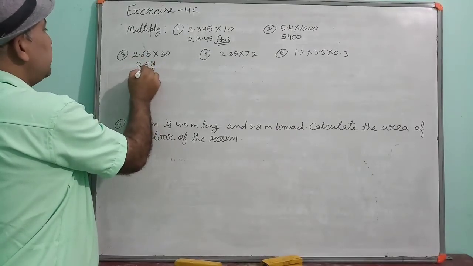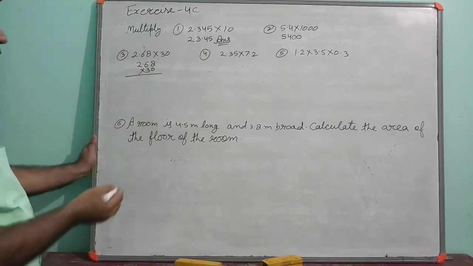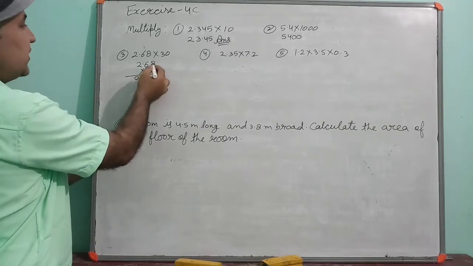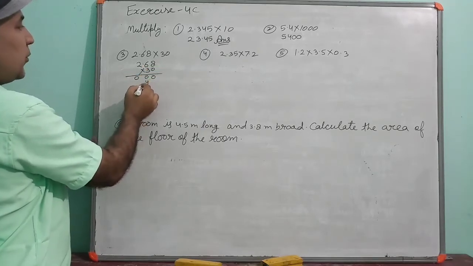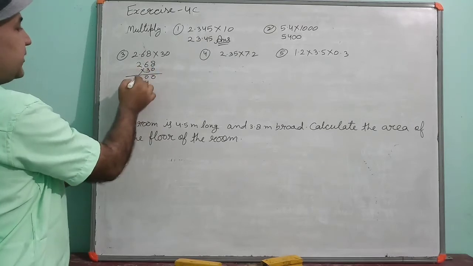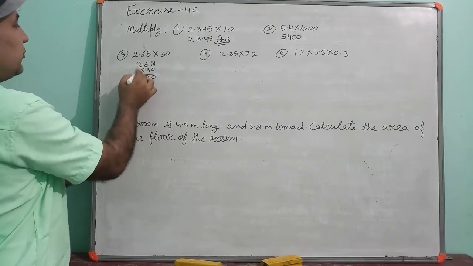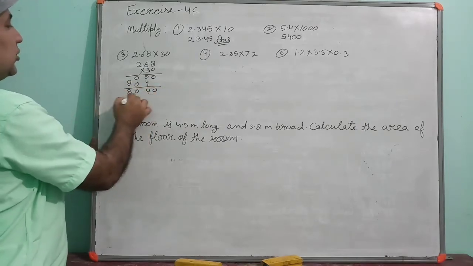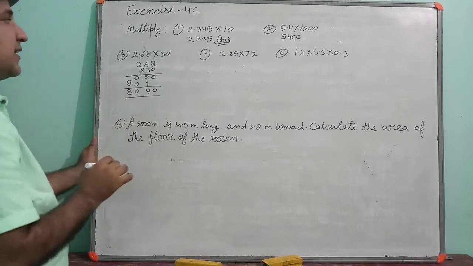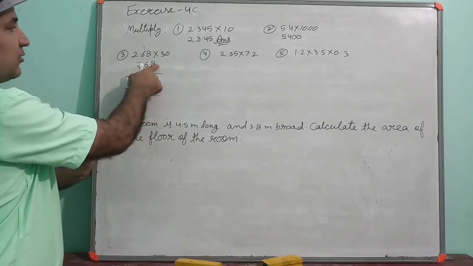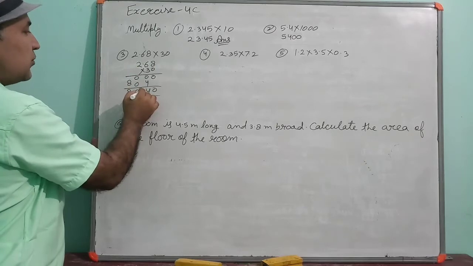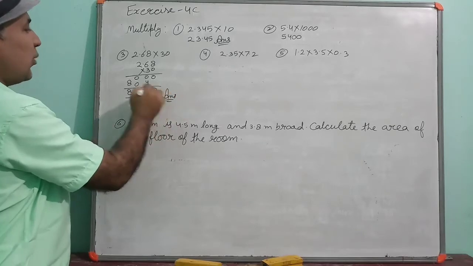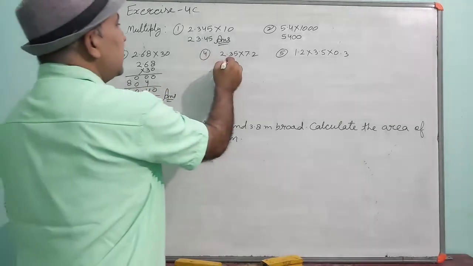These types of multiplication you can do by the long method. See, when 0 is multiplied by any number, 0 comes. Now 3 is multiplied by 8. 3 into 8, 24, 2 carry on. 3 into 6, 18 plus 2, 20, 2 carry on. 3 into 6, 18, plus 2, 20. Now you have to think where to put the decimal. After the decimal there are 2 digits. So in your answer also after the decimal there should be 2 digits. That means your answer is 80.40.